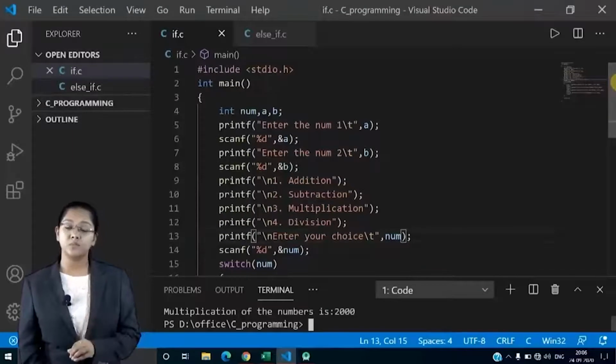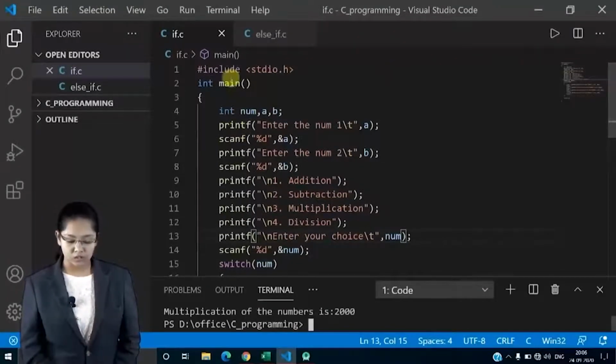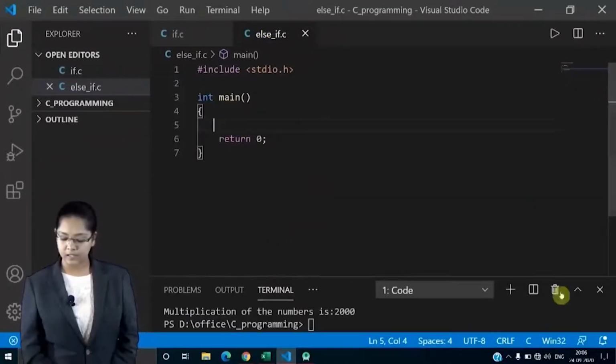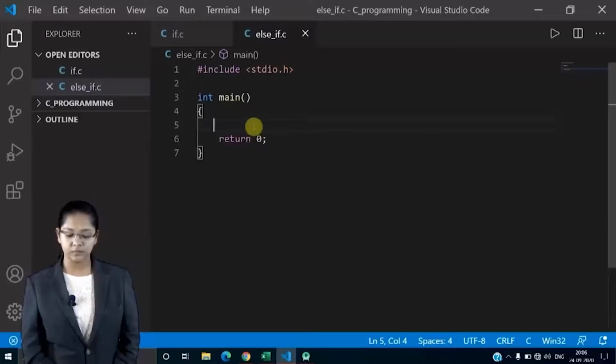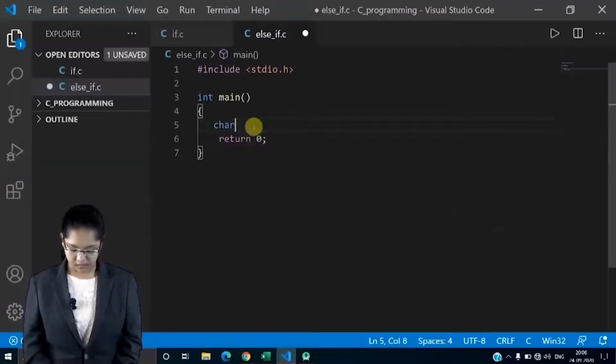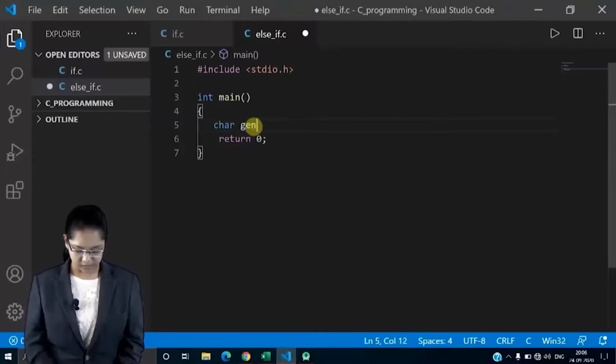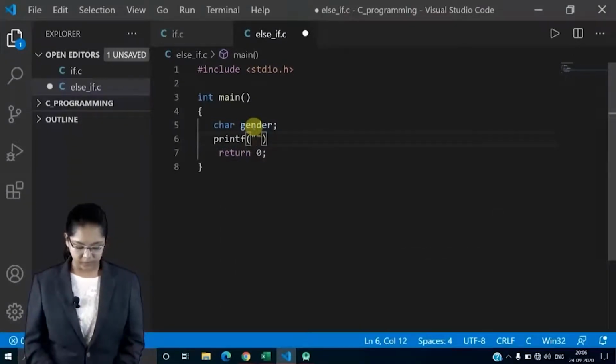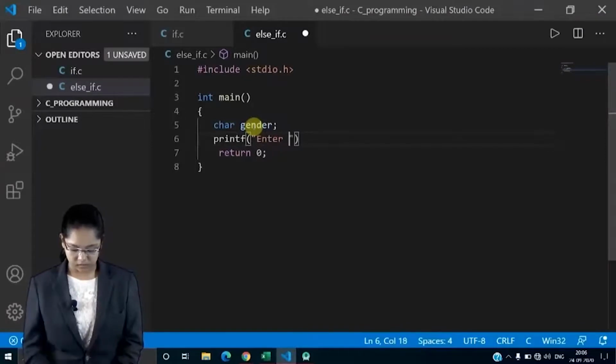Let's try this program with a character. Let's clear the screen. Now let's take a character. So char, let's say gender. Then here I will write printf, "Enter your gender".